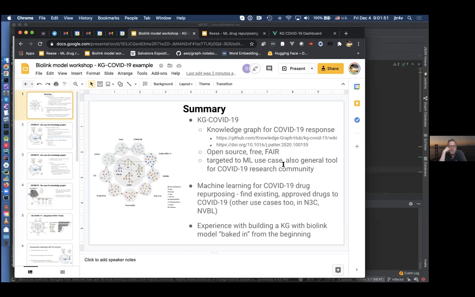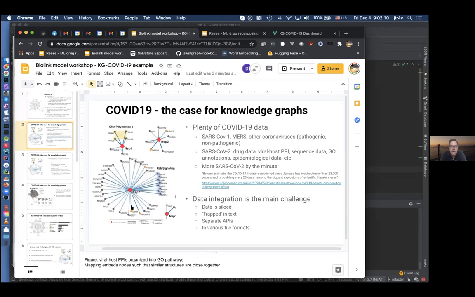But what I'd talk about briefly today is our experience building a knowledge graph with the Biolink model baked in from the beginning, and some things that buys you, and maybe talk a minute about this KG Hub concept that Deepak mentioned. Probably don't need to burn a lot of calories convincing you that knowledge graphs are a sensible way of approaching this, but